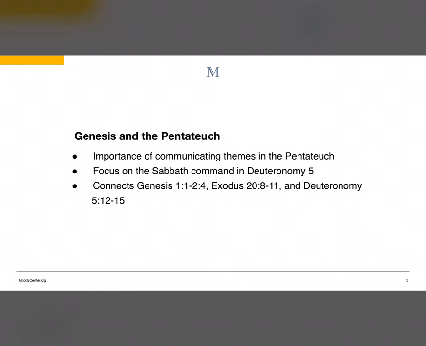The Sabbath command in Deuteronomy is particularly useful to illustrate ways to interpret across the Pentateuch for several reasons. Number 1. The command has a parallel, though not an identical parallel, in Exodus 20. Number 2. The command references the Exodus event at the beginning of the book of Exodus. And number 3. The reference to Sabbath obviously refers to God's rest in Genesis 1.